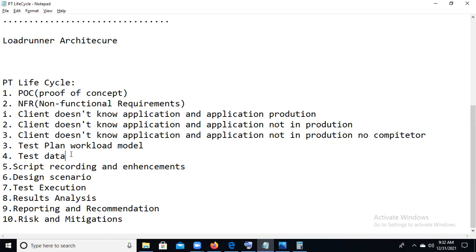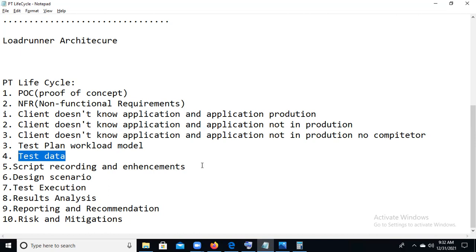Okay, so we can prepare the test data, nothing but usernames and passwords. If we have a DB, we can fetch the data through the DB. Otherwise, if we don't have a DB, we sometimes need to prepare it manually, which means we need to sign up with the details. For example, if it is Facebook, we don't have a username and password, so we need to sign up. Same thing, depending on how much data we need, sometimes we need to do manual work: sign up, enter the username, first name, last name, address, and everything. After that we can use it as test data. This is the test data.